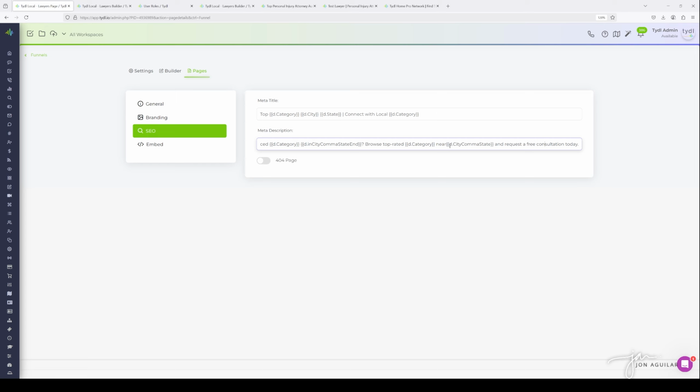So the regular city comma states are going to have a space in it, so you wouldn't put a space. So near city comma state, that way it disappears. When it disappears, for instance, if you're not on a category page that's local, that space will show up naturally. It won't look like a double space or, you know, you have two spaces there. And then I'm driving them to a free consultation, right? So the category section here in city comma state end, we have an in city comma state start that you can leverage. So a lot of different combinations that you can use to do the optimization for that particular page